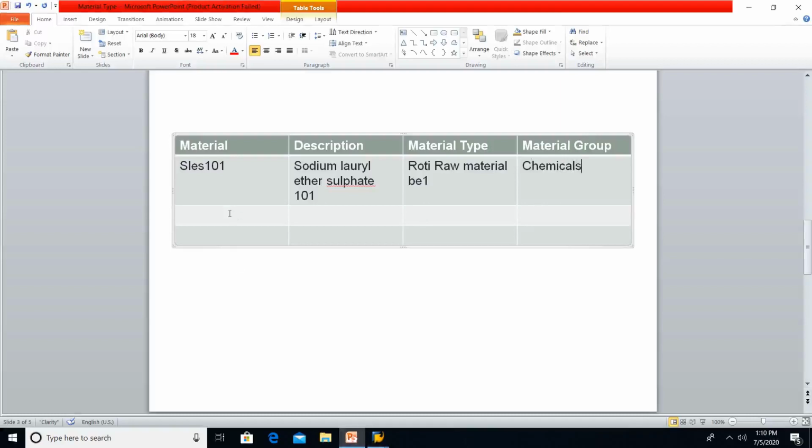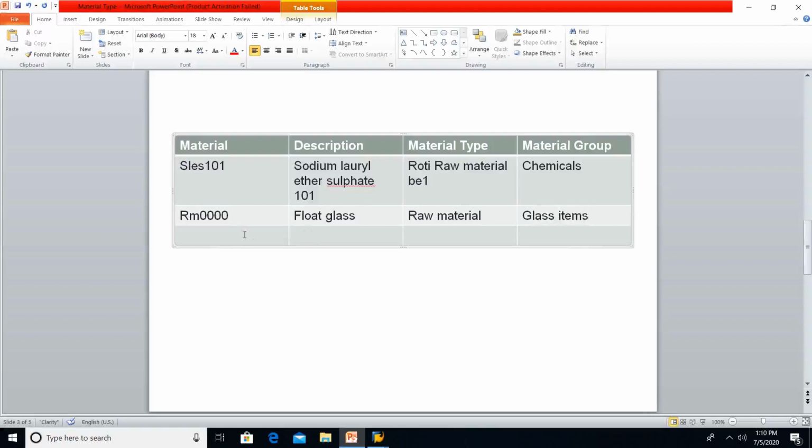In the same way, let me give more examples. Let's assume we have float glass in an organization. Material code I can give something like RM40. Obviously, I am going to procure this material from the supplier, so I want to consider the material type as raw material for this float glass. The material group, we know very well about glass, so I am going to use the material group as glass items.